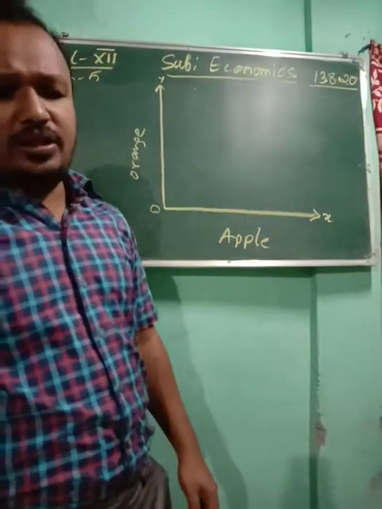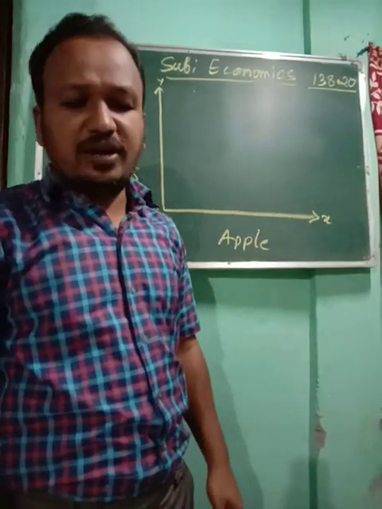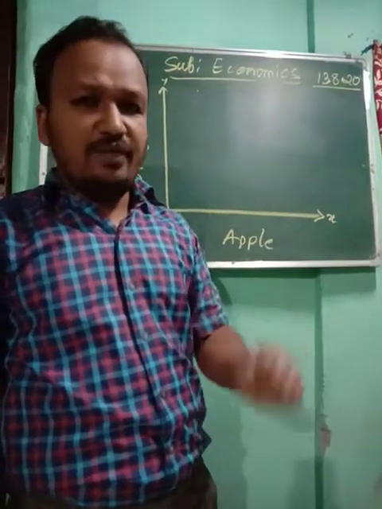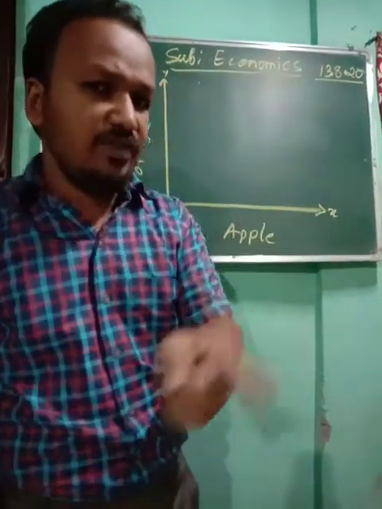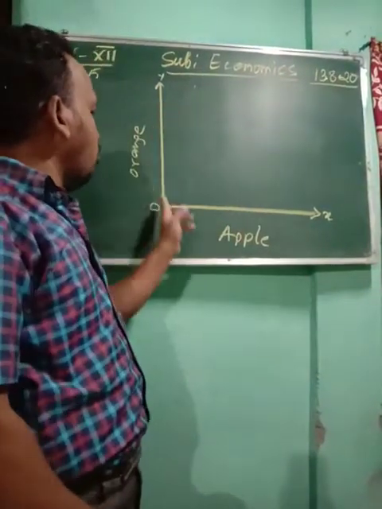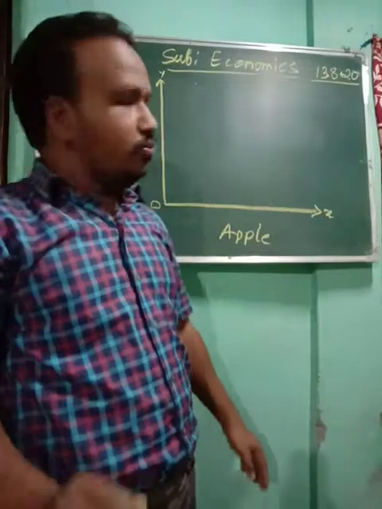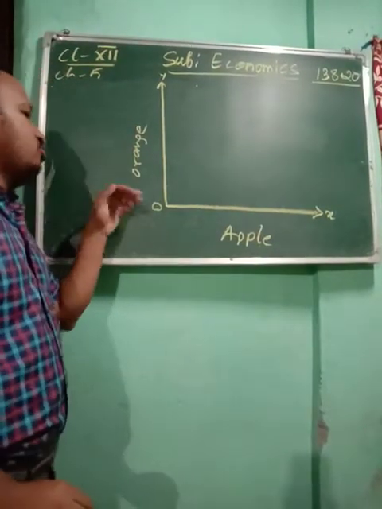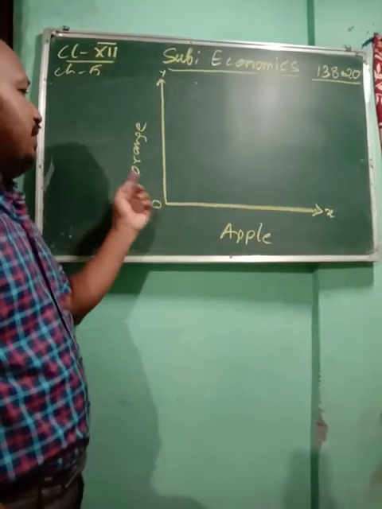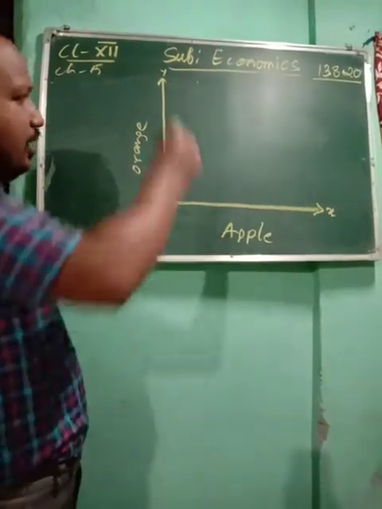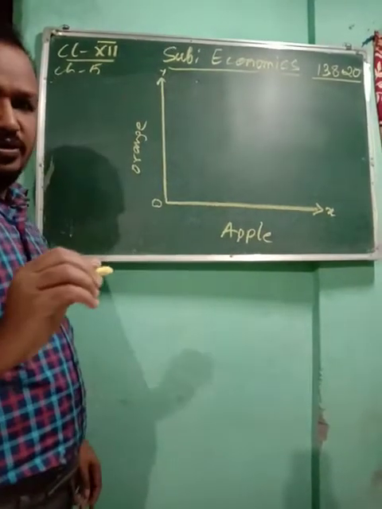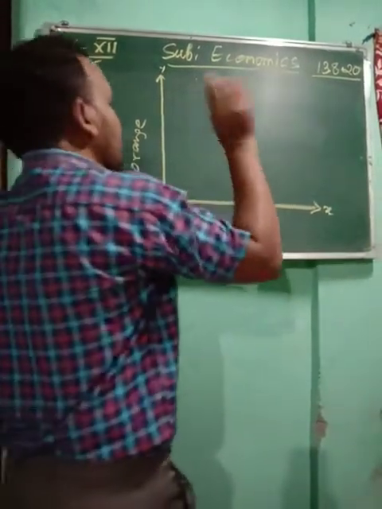Okay, now you see here, you have to show the indifference curve and indifference map. Just now we have done the indifference curve. So an indifference curve is always downward sloping. Here you don't record any figure, you need not make a schedule. According to your last example only, you can take oranges and apples. Here you have to make three or four indifference curves, and they are always downward sloping.